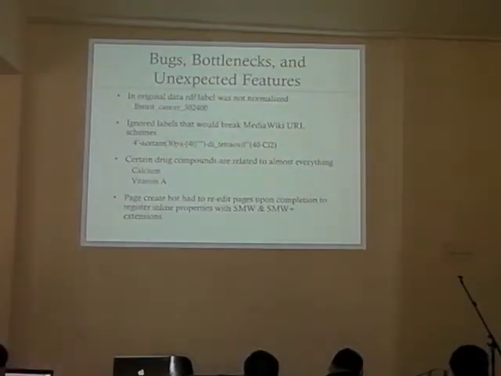All right, so our bugs, bottlenecks, and unexpected features. First one was this. Those RDF labels that come out, a lot of them look like that. They have accession numbers and special cases added that kind of dictate where the set is. That's actually a nice looking one. A lot of them have HSA colons or all kinds of unique identifiers. So it's really easy to get 6 digits off of them, but it gets exponentially harder as you get more